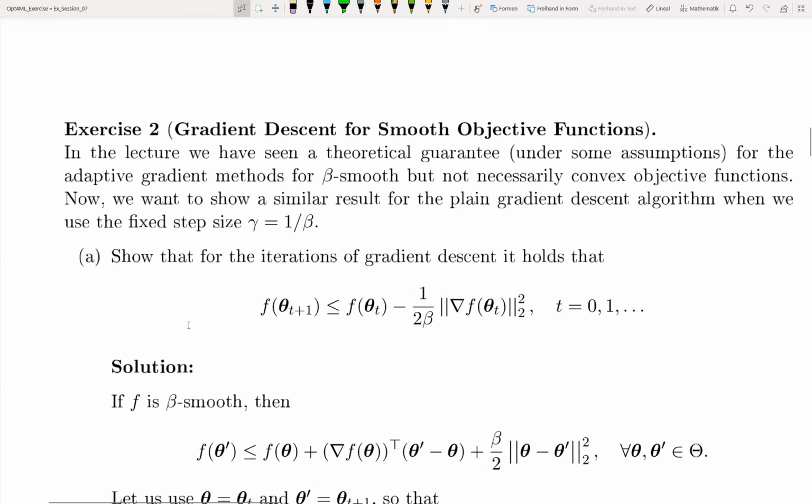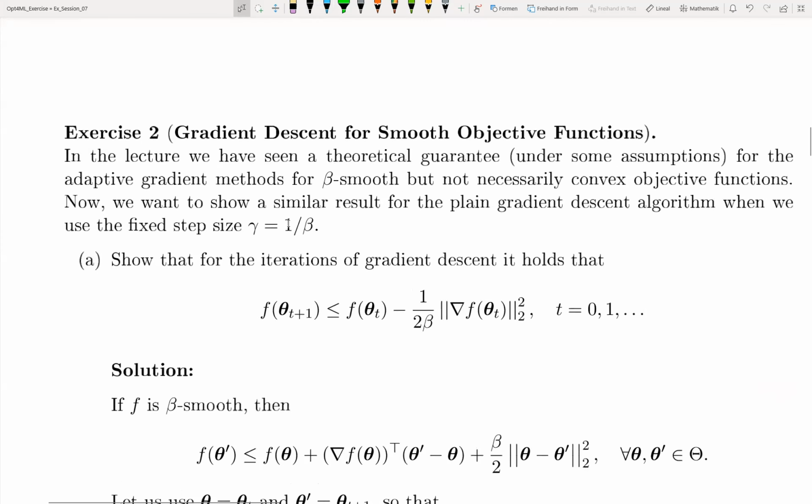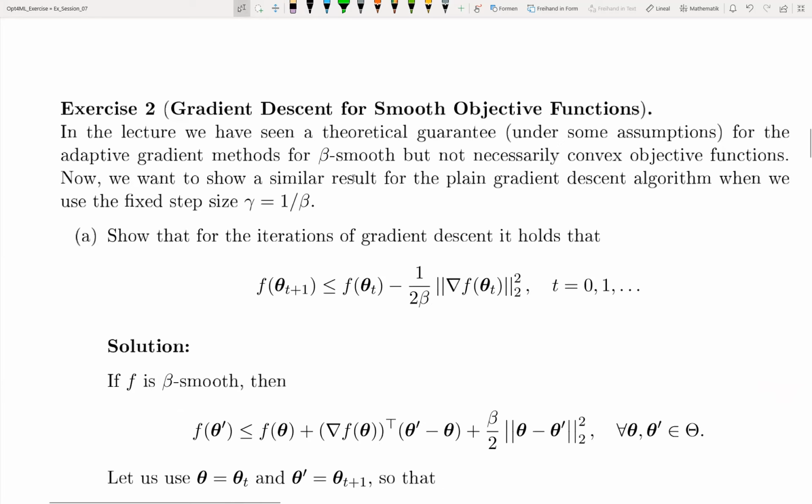All right, so we know by now that the theoretically optimal step size in such a case, when we deal with a beta smooth objective function, is a fixed step size, a constant step size, and it's simply 1 over the smoothness parameter beta. And we divide what we want to show into 3 parts, A, B, C, and we start with part A, where we have the following very similar result we had today in the lecture, in fact,